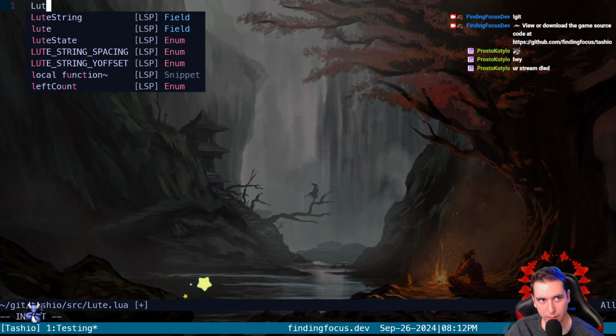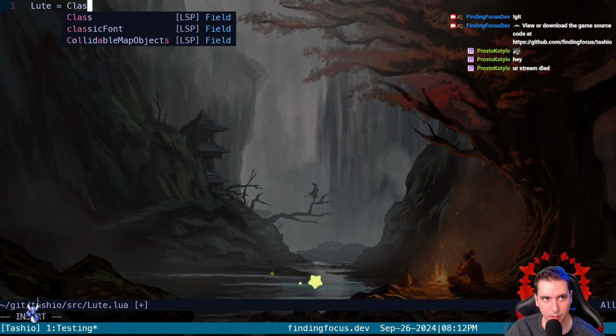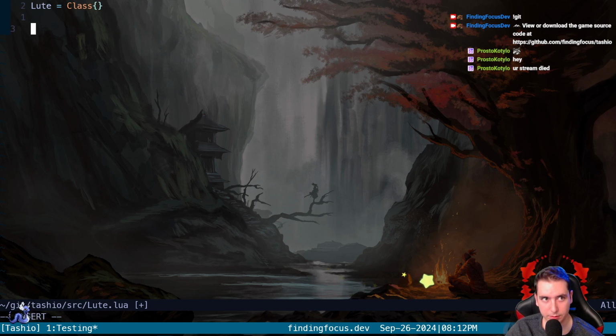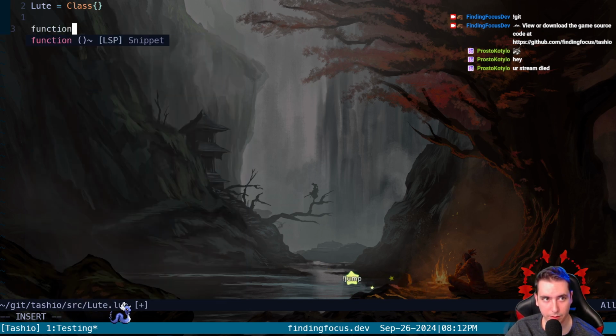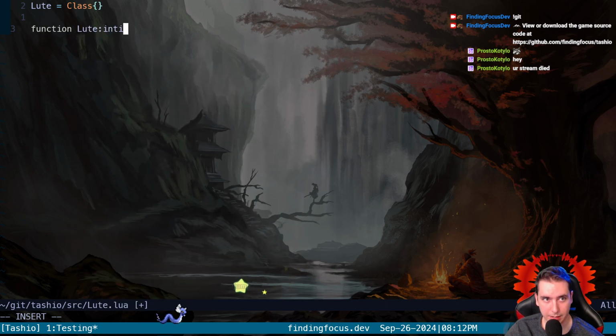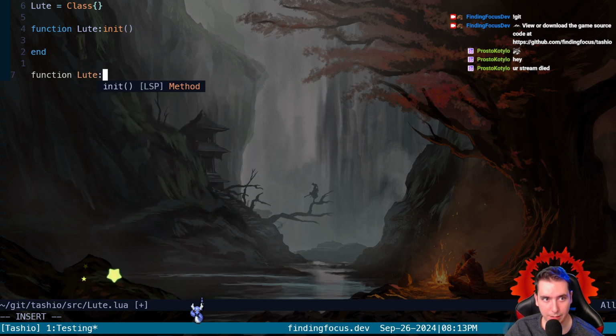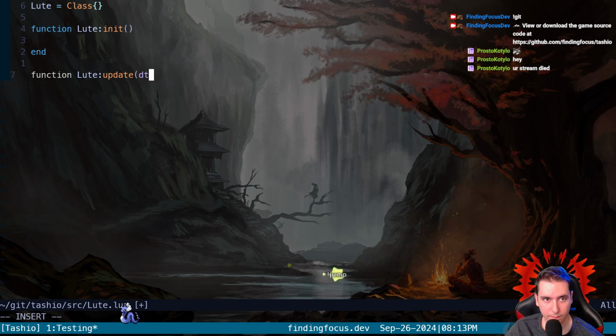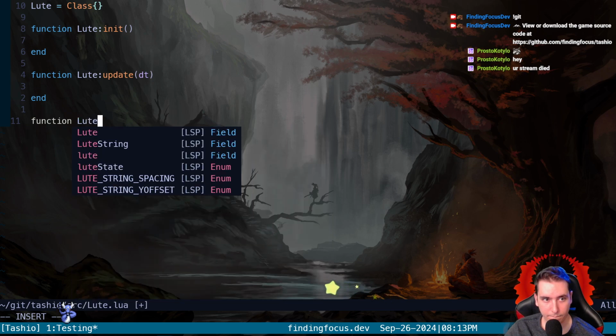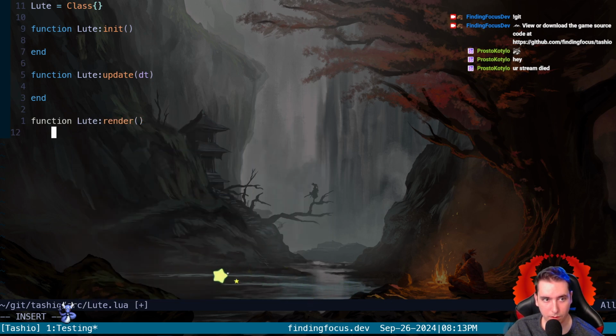We will say Lute gets inherited class, and then we will say that our Lute needs an init and an update render.